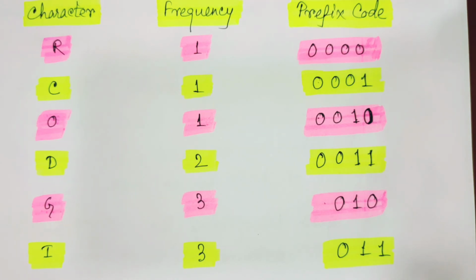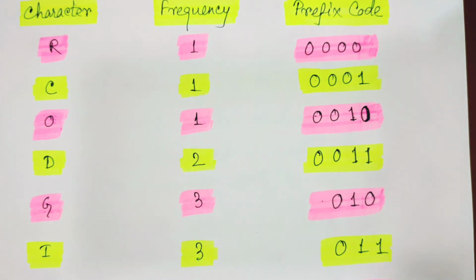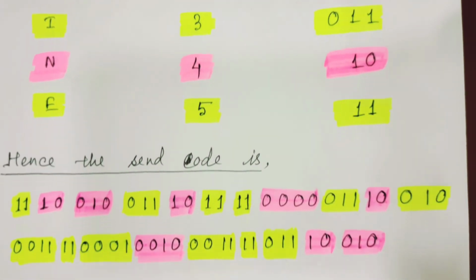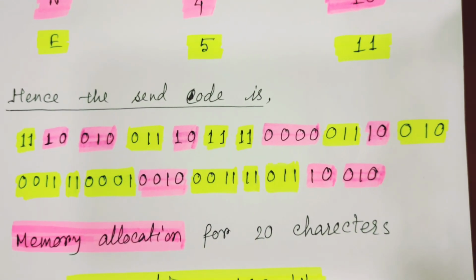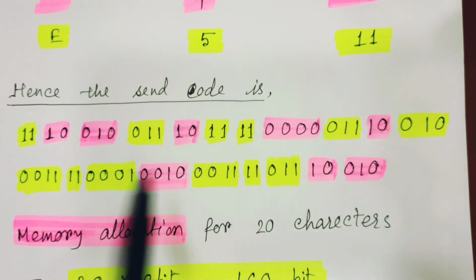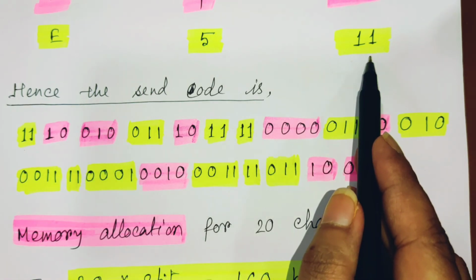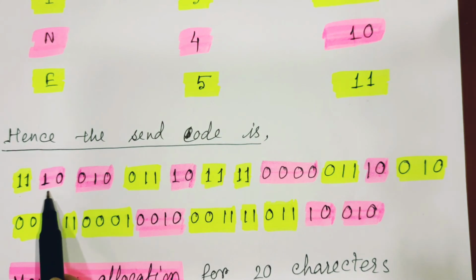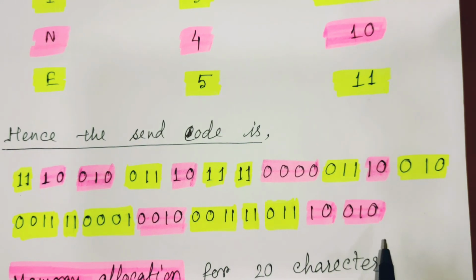After this prefix code, we make a table. In this table, these are the different characters, these are their corresponding frequencies, and these are their prefix codes. Using this, we can encode the given statement, engineering decoding. In this way we should send the data. So here the first one represents the E, I hope you understand. The second one is n. So n value is 1 0, so we write the sequence of these values, and instead of engineering decoding, we can write this sequence.